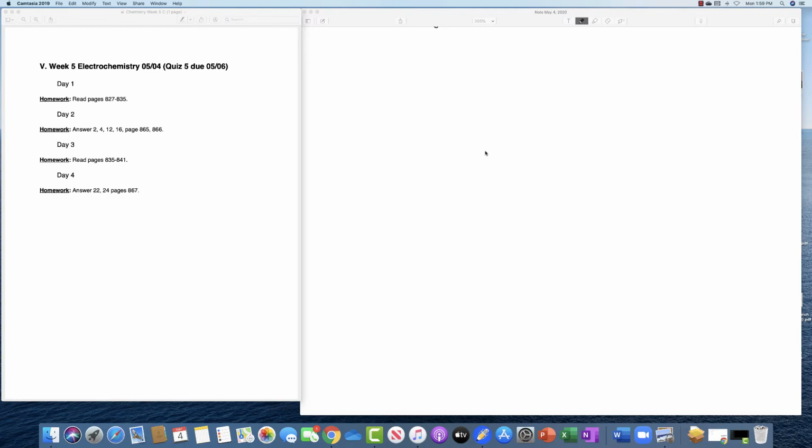This would be the second half of the homework solutions, and the problem we're working on now is number 16. Number 16 states, from the information provided, use cell notation to describe the following systems. So A